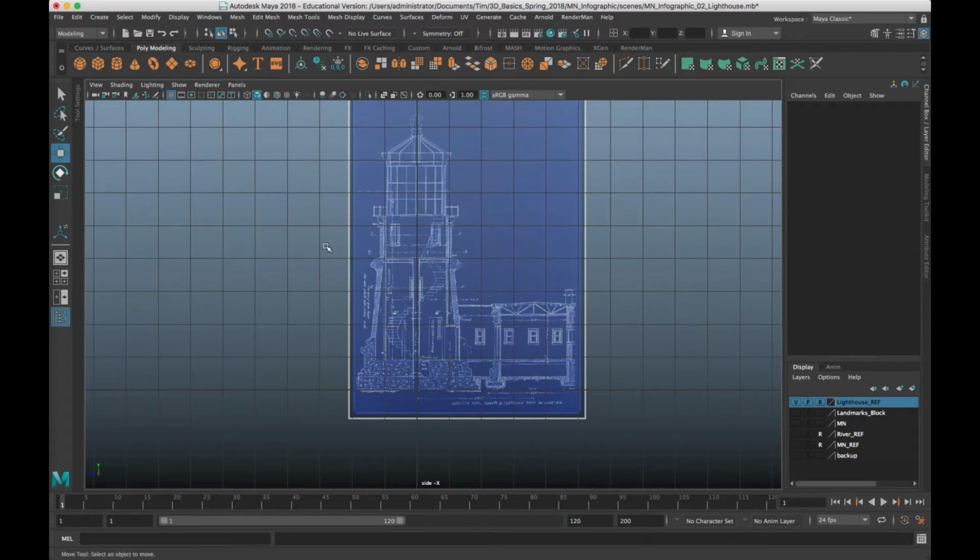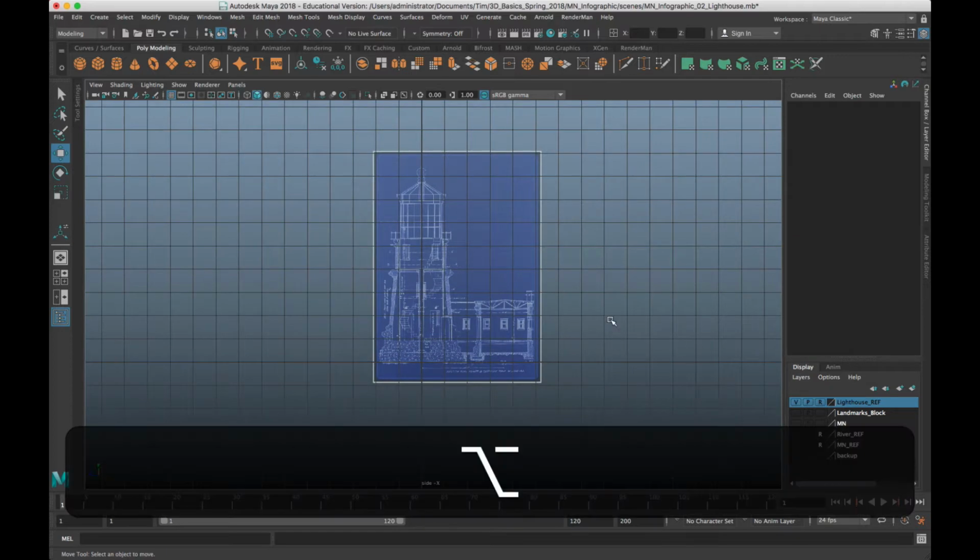But I'm not going to be modeling the inside of the lighthouse. I may model the inside of like the top glass area, but I'm not counting on it. We'll see how far we get in class, because recording and explaining takes longer than actually modeling. So I'm really just going to be focused on the outside forms. So I've got it in my scene. I've set it as a reference layer. Let's start